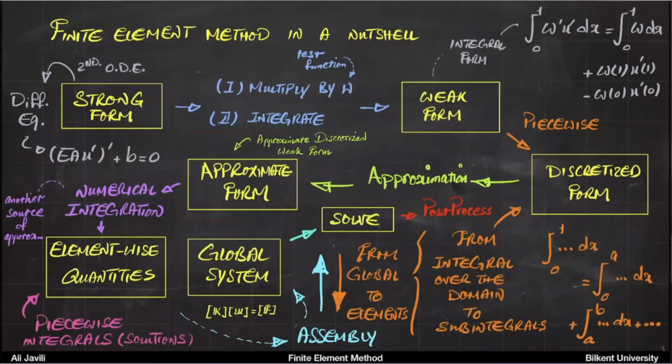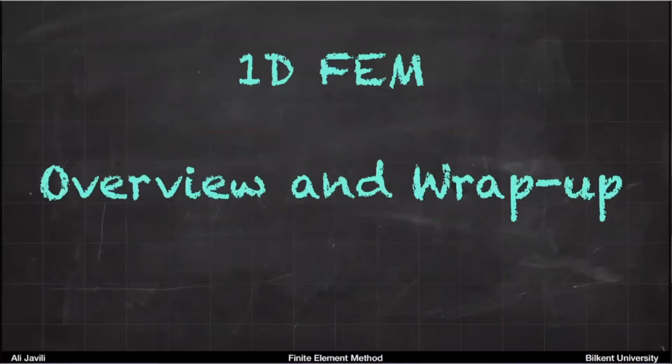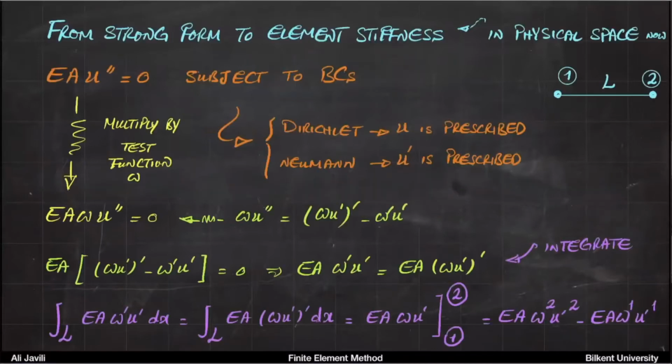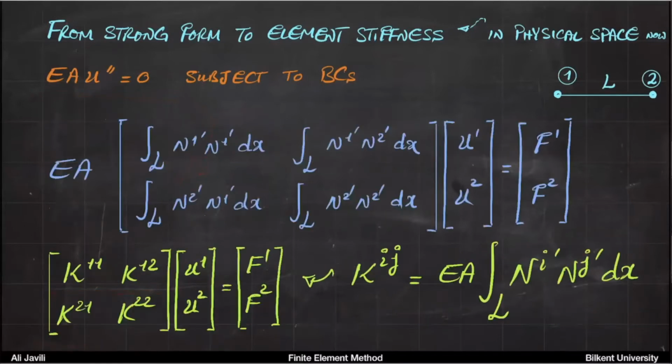This was a more elaborate roadmap, which we established together when we talked about the one-dimensional finite element method. And then we had this short overview of 1D FEM. I repeat that because I need you to remember this, because the steps that we are going through in two-dimensional FEM are similar to this. Again, the steps are similar in a sense that you start with a strong form, you multiply by a test function, you integrate over a test function, and after some mathematical steps, you come to some sort of KU equals